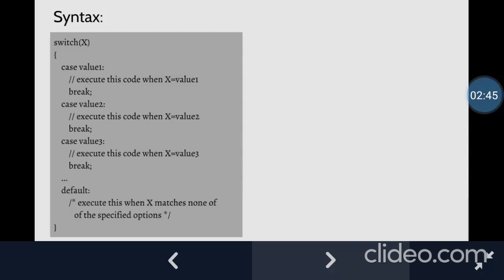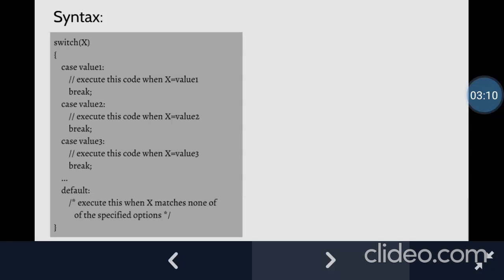Later you can see many such cases. For example, the second one is case value 2. So here, if my expression x matches the value 2, this particular code will get executed, and then we have break. Now you can write many such cases like this. Here we have 3 cases.